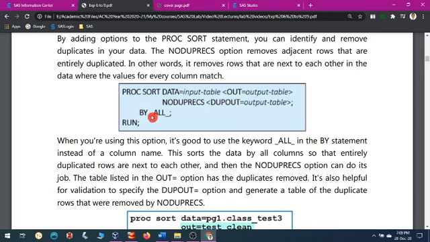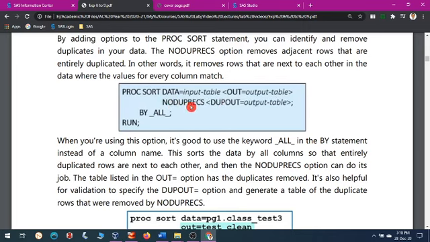This is the keyword that you need to write, to sort by all variables. So this represents that all the variables present in that particular SAS table are considered for sorting. That gives you an advantage that